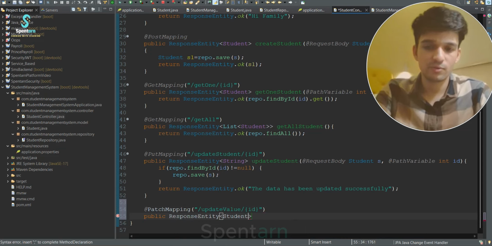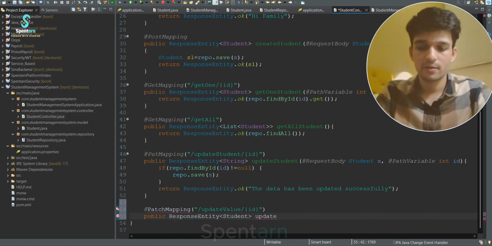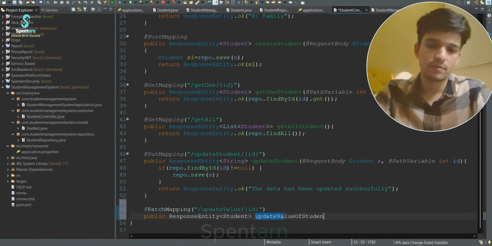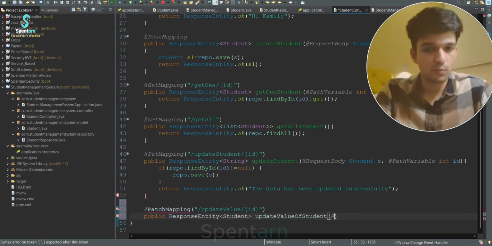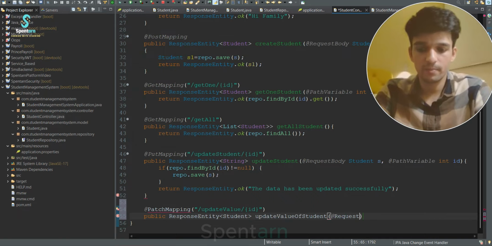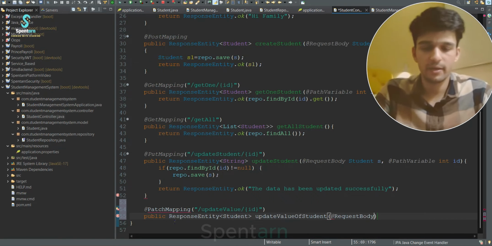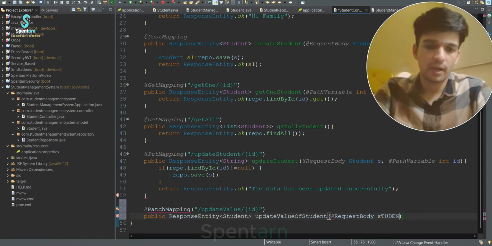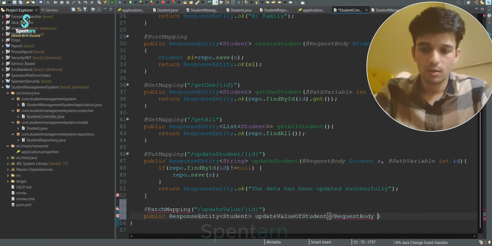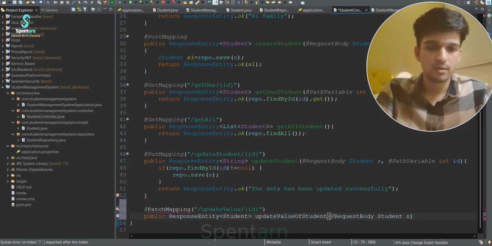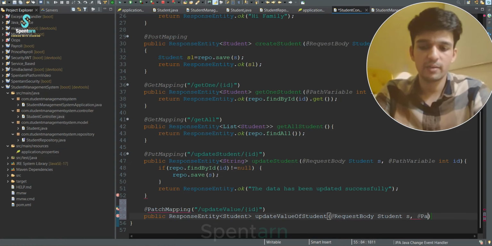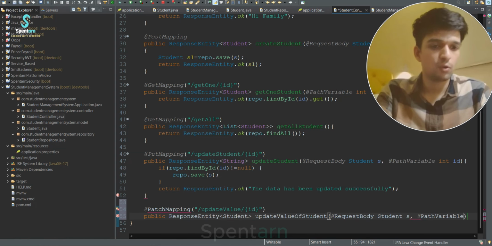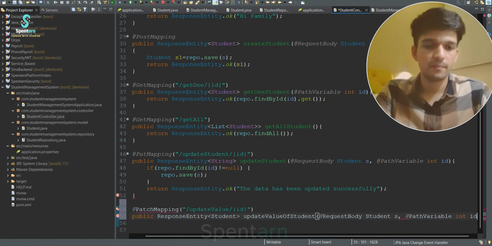Suppose this time I want to use a student itself. Okay, student, then update value of student, and let us suppose I'm getting a whole request body again. I'm just mentioning it as request body, but inside the request body there might be only a single parameter. I don't have to worry about it. Okay, Student s comma @RequestBody, the same thing will go on, @PathVariable int id. Okay,